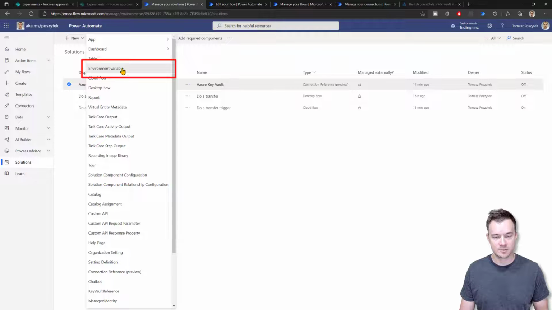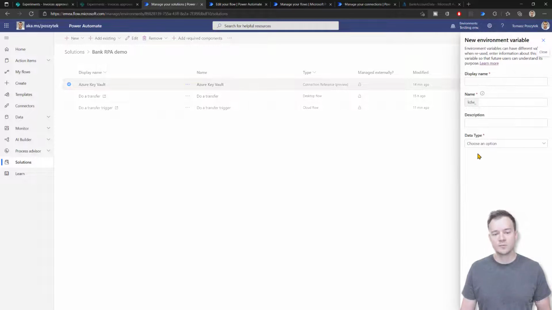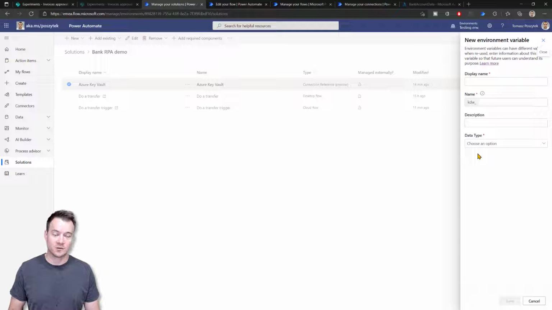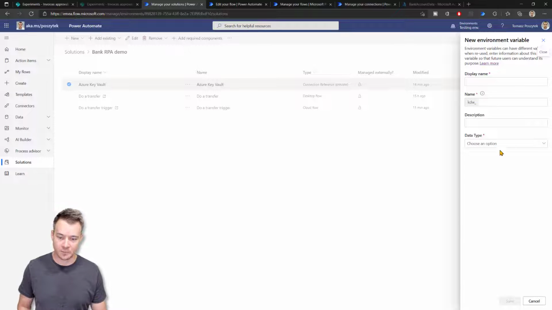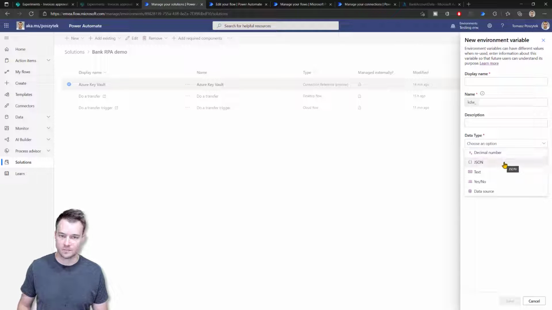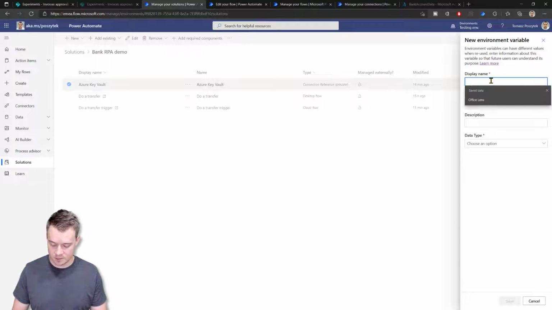So the environment variables. Now these variables are those features in Power Automate that help you to create information that you'll then be able to define per environment independently. And then you can choose from different types. So you can use a decimal number, you can store this environment variable as a JSON, so as an object. You can store it as a text, as a Boolean, or as a data source. The data source I will talk about in the end. First, I will